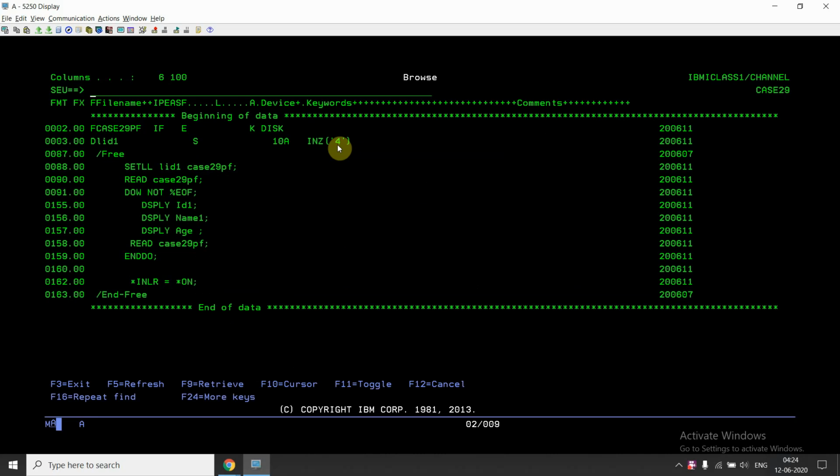If I'm setting *LOVAL, I'm setting the lower limit value of that key. Or if I'm not using *LOVAL, I'm using the key value. So I can set at any value of that key, or you can say before the key value which we are giving. Suppose we are giving 4, so we are able to read the fourth record and the next records as well using read.